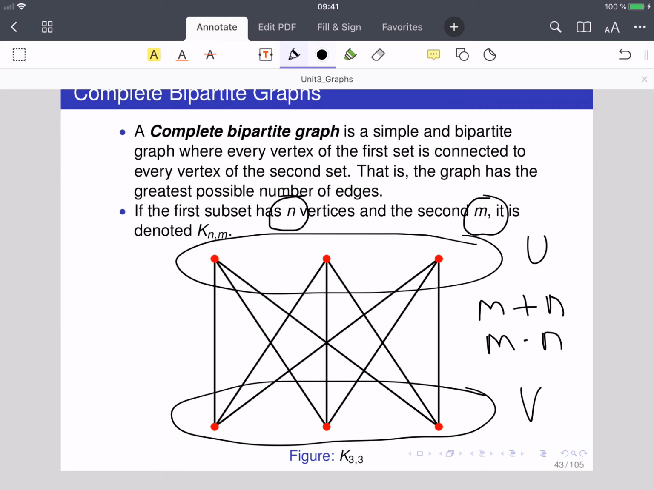Okay, since all that we need to know are the number of vertices on one part and the number of vertices on the other, in order to define the graph, we give these graphs the name K sub n,m. So they are complete bipartite graphs with n vertices in one part, m vertices on the other. So for instance, let me give you